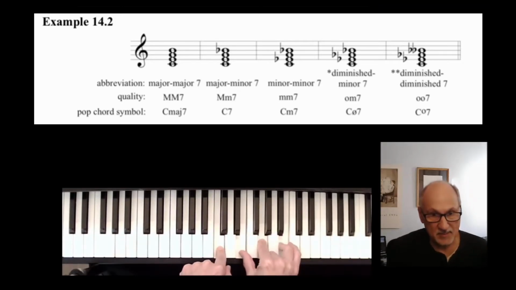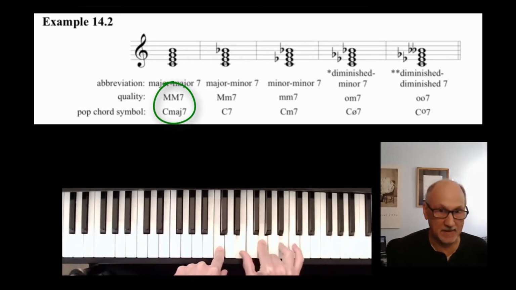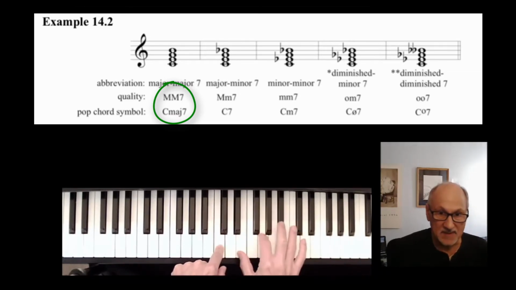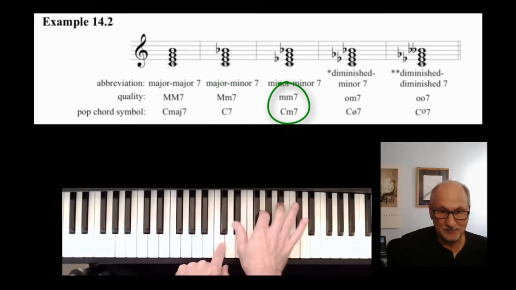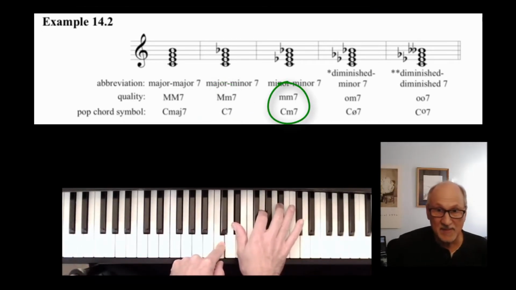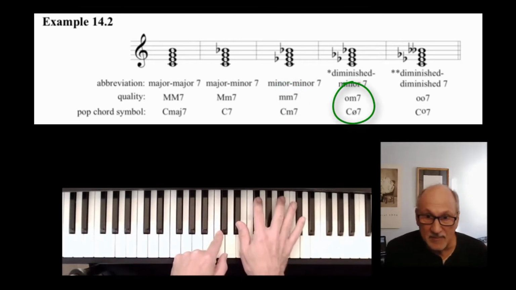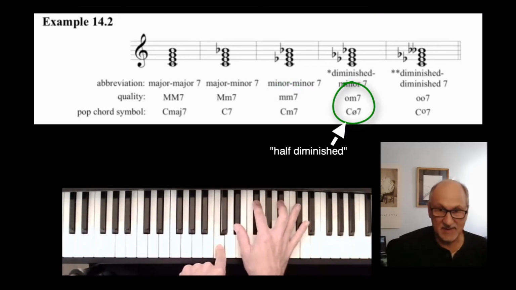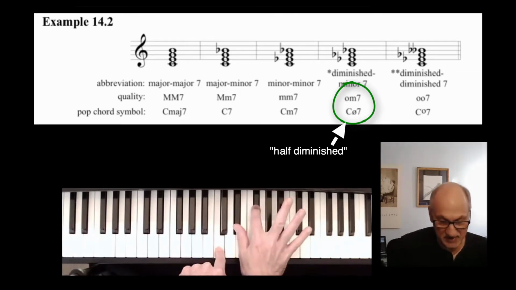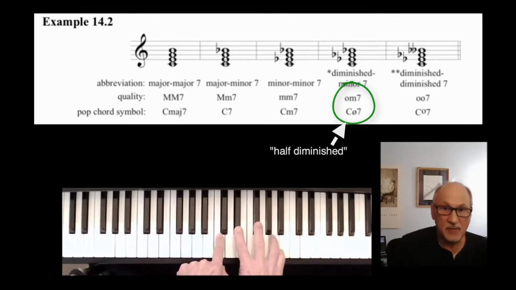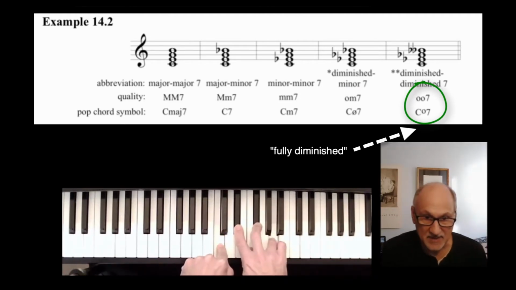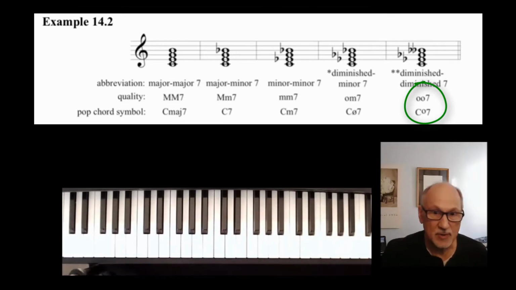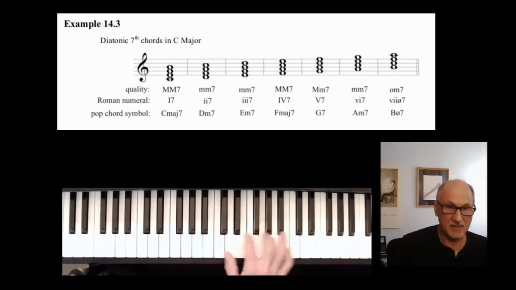Now these can also be called pop symbols. Like this is the C major 7. This is the same thing as a major major 7. The C7 is a major minor 7. The C minor 7 is a minor minor 7. And the C, we call this half diminished. This is a C half diminished 7, which is the diminished minor 7. And then the C fully diminished, which is the diminished 7 chord. So you should get used to those different chord qualities, because now if you look at the 7 chords within a key,